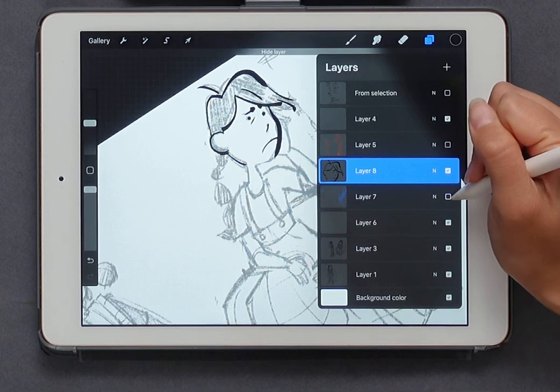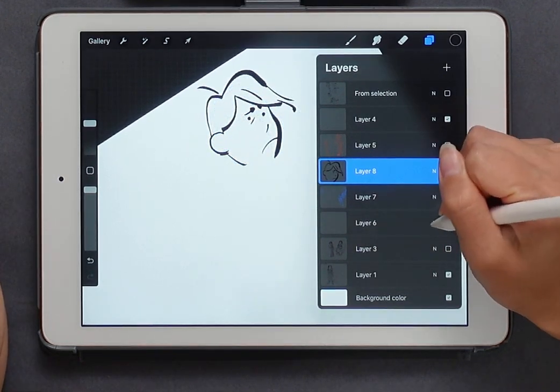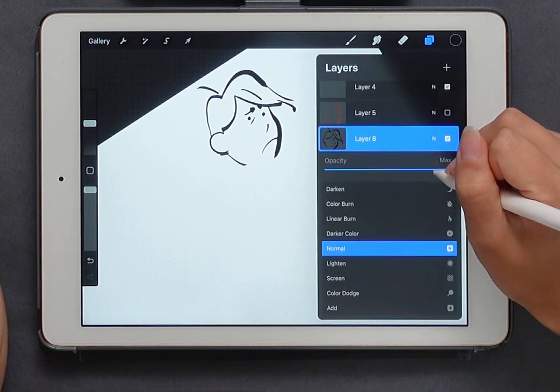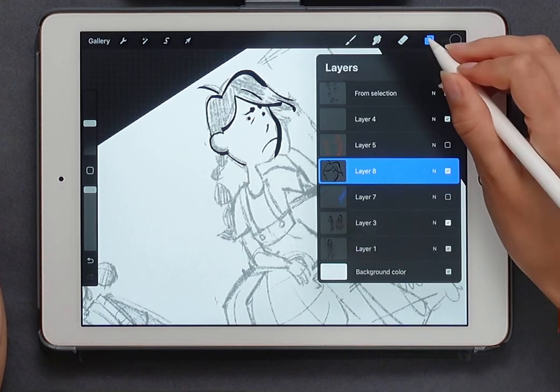Kind of see how this looks without stuff under it. I think the line around the face might be a bit too thick, but